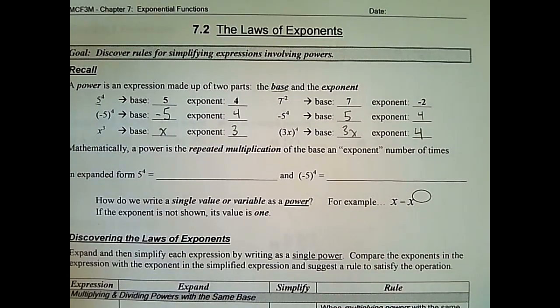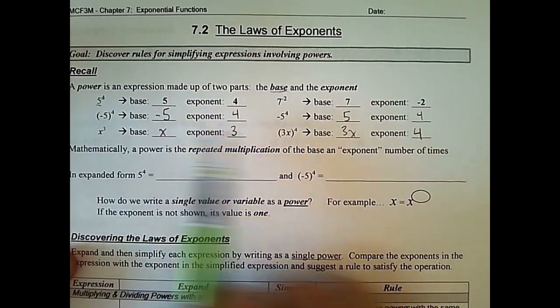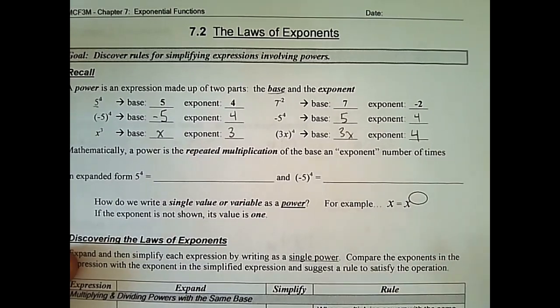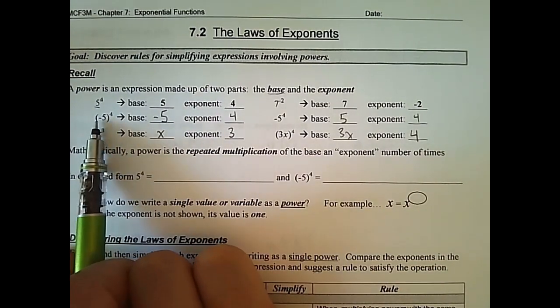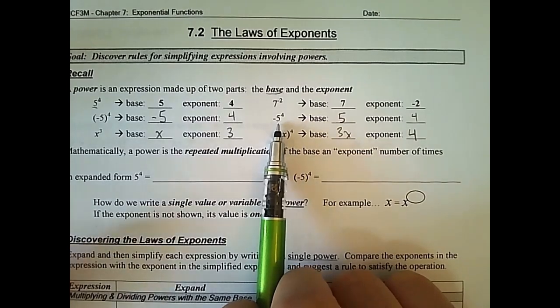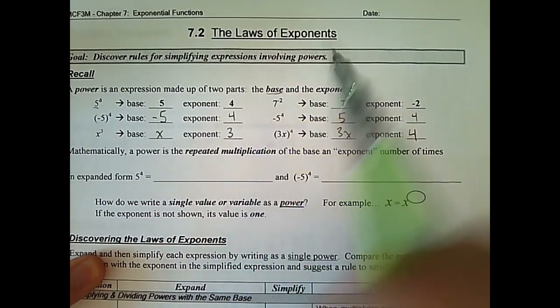Now I'm sure there's some questions. For example, how come this negative 5 has a base of negative 5, but this negative 5 does not have a base of negative 5? Well, that actually plays in part with our brackets. Our brackets are what's containing the number here so that we know the negative is with the 5. In this case, the negative is not part of the 5. Meaning if I were to expand this out here,